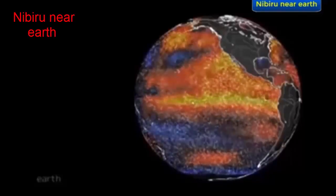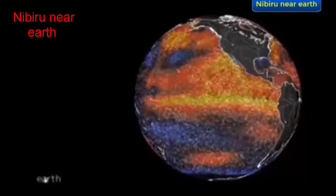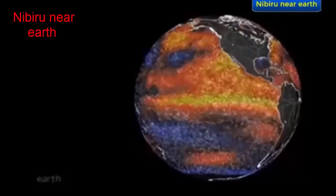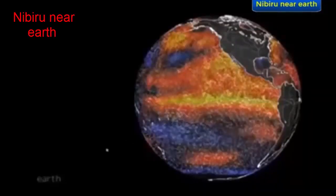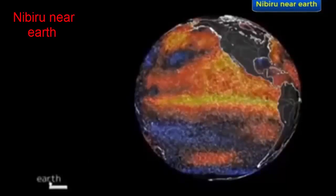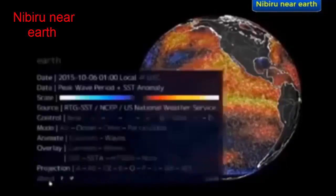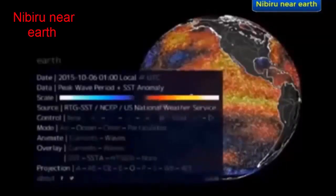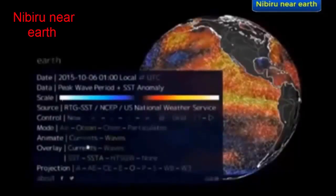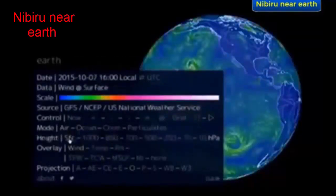We've got now a southerly deviating magnetic pole at this moment in time. Just look at the yellow regions. These are hotter, by the way, than the red regions. Don't ask me why they did it on that scale. I mean, it just seems more logical to put it in red than in yellow, but they did it that way anyway. If you look at the scale, you'll see yellow's hotter than red. So, if we just go back to the air and wind at surface,